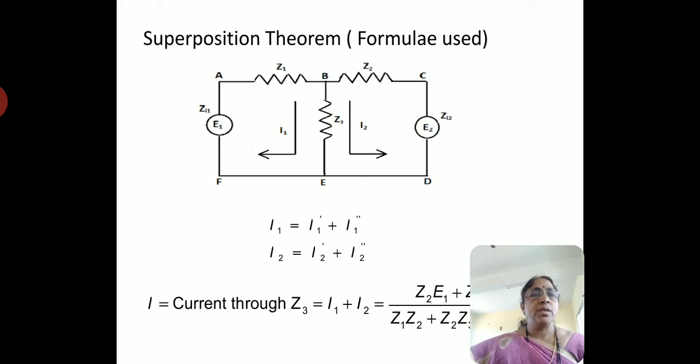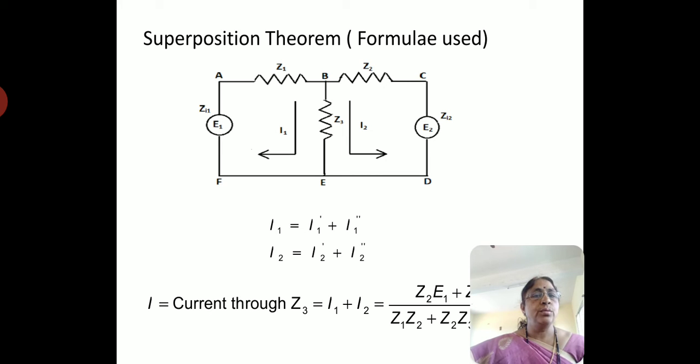For this superposition theorem, this circuit consists of Z1, Z2 and Z3 connected in T shape, and it has two EMFs E1 and E2 with their internal impedances Zi1 and Zi2. In the theory part of the superposition theorem, we have calculated the current flowing through the impedances Z3, Z1 and Z2. I1 is the current flowing in Z1 as well as Z3, and I2 is the current flowing in Z2 as well as Z3. So in Z3, both the currents I1 and I2 are flowing.